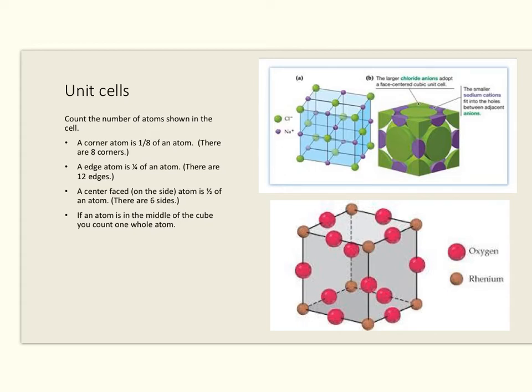All right, so for oxygen, I'm going to count my pieces. I've got 1, 2, 3, 4, 5, 6, 7, 8, 9, 10, 11, 12 oxygens, and it's on an edge, right? So it's 1/4 because of that times 12. And so that's going to be 3 for oxygen, and for rhenium,